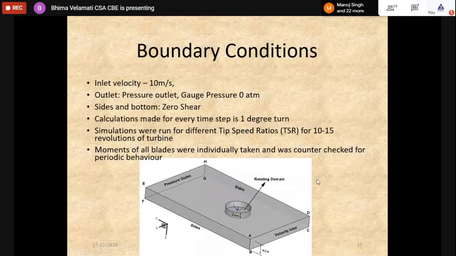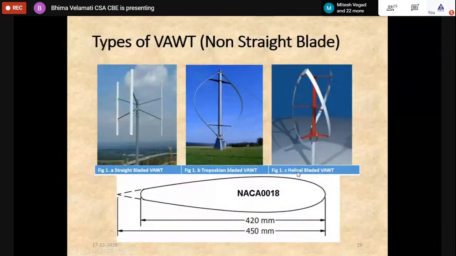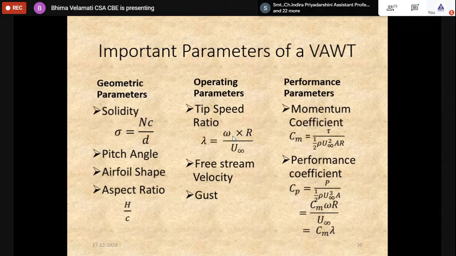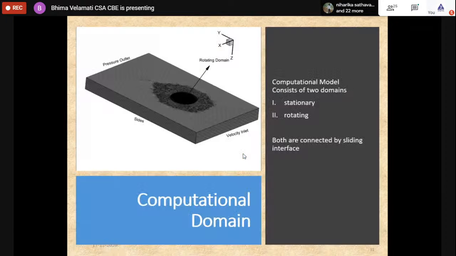Then, based on the tip speed ratio, I'm going back just to show you the formula. I would fix what tip speed ratio I want to solve. I know the radius of the turbine, and I know my U infinity, which is my wind velocity. I calculate omega, my rotational speed, either in radians per second or revolutions per second, whichever way it is, you have to give it to the solver, and based on that